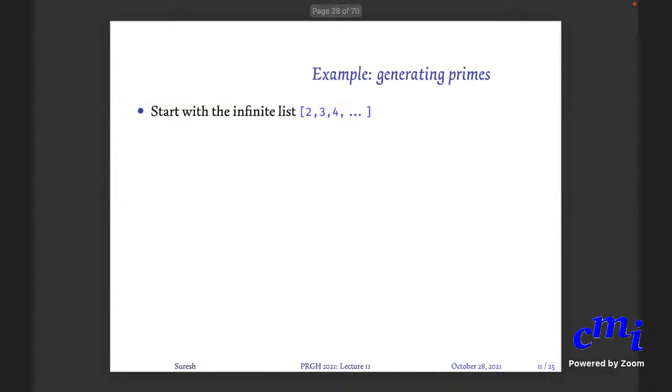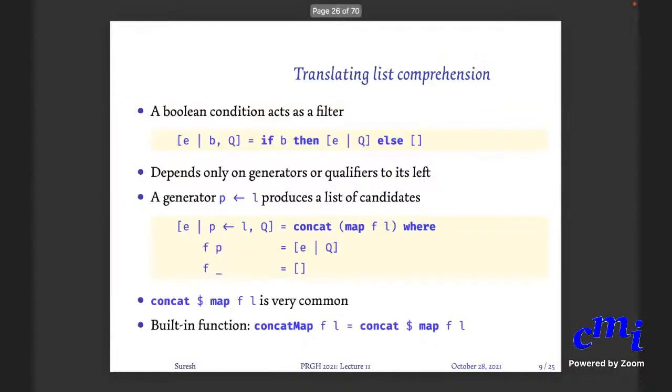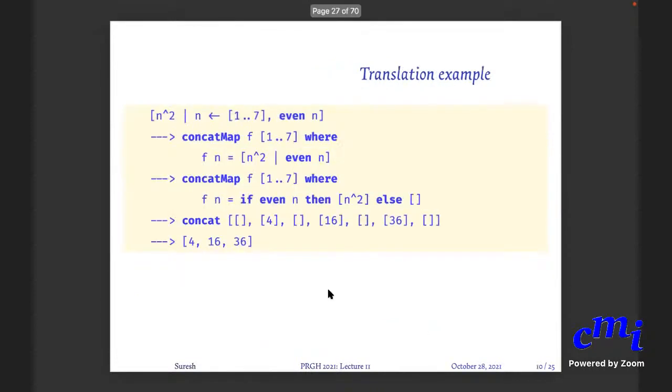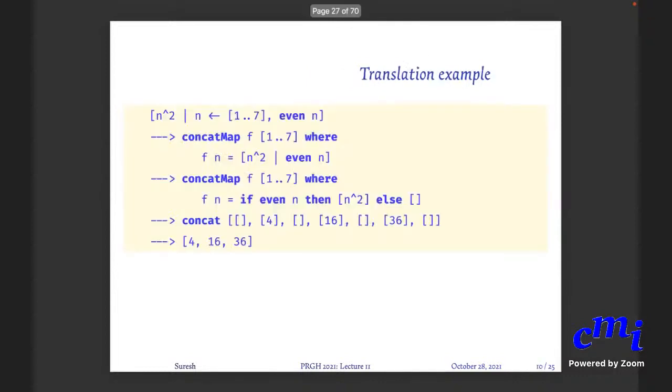Why is there no space between concat and map? Oh, that is what I told you. Haskell gives you a built-in function called concatMap, which is doing the same thing as concat followed by map. Because you cannot say concat after that map, after that f, you have to put a bracket. And it is a common enough thing that Haskell offers you a new function called concatMap. So it is a single inbuilt function. Okay, got it.